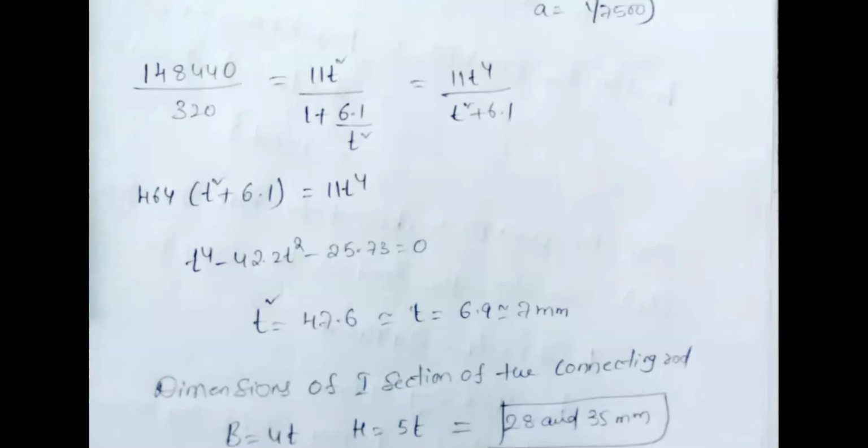By substituting all the relations and the given data in the given formula, you will get t equal to 7 mm. So you have ended your first step, because this is the only thing we required, since almost all the dimensions are in terms of t. B equal to 4t and h equal to 5t. If you know the t value, it is easy to substitute in the given notations.